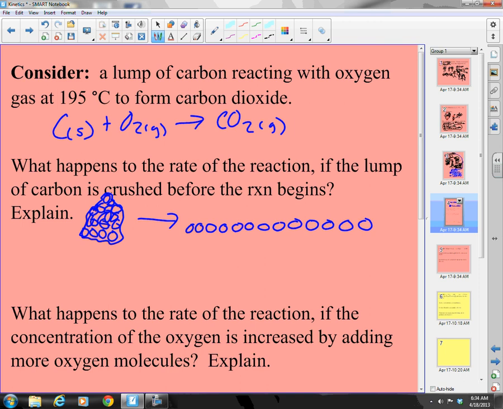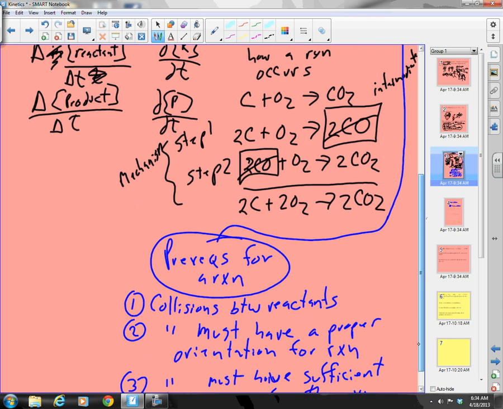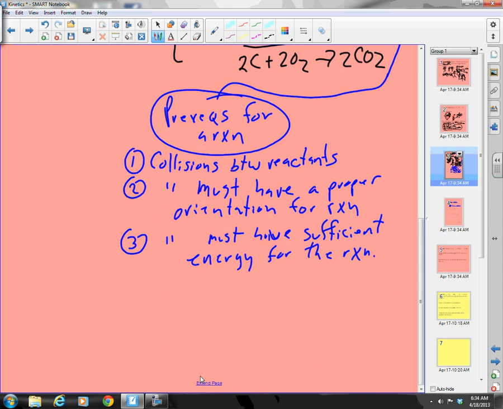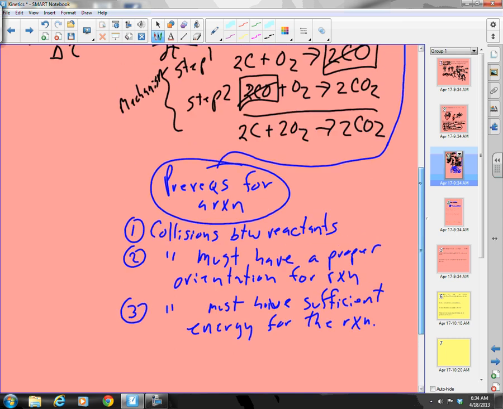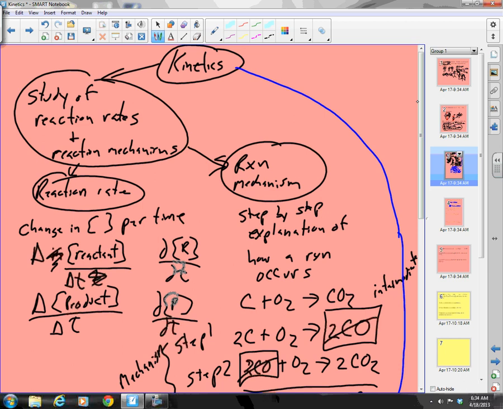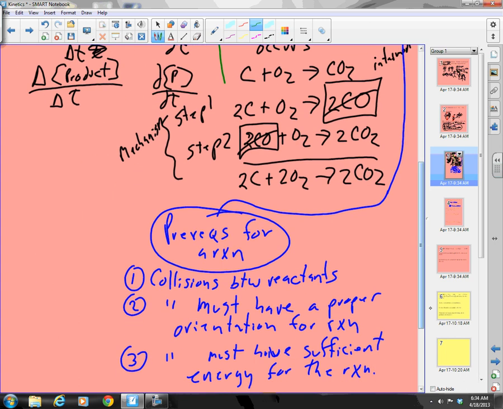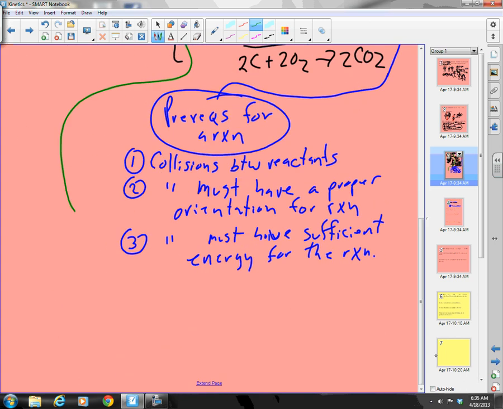Okay, now let's go back and think of what's necessary for a reaction to occur. I need to have collisions. I need to have collisions with a proper orientation, and I need to have collisions with sufficient energy. Okay, so let's talk now about, let's go this way. I'm going to use green to cut through right in the middle. Yeah, we'll cut through this way. Ooh, serpentine. Good, and we come right here and